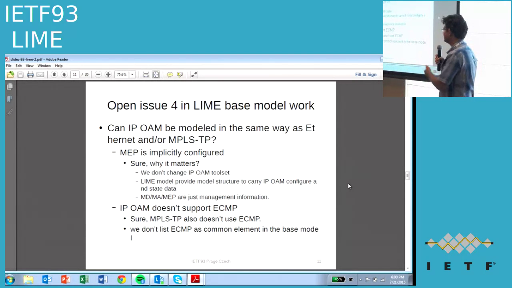So again, this question always comes up: can we model based on MEP or MIP, and does it make sense or not? I think this got finalized, that we can definitely do that. And we are treating this as a management entity, and they're implicitly created. Now the question was about ECMP, which is not present everywhere. Even MPLS-TP doesn't have ECMP, but it has a concept of MEP and MIP. So again, we are moving this from the common to the